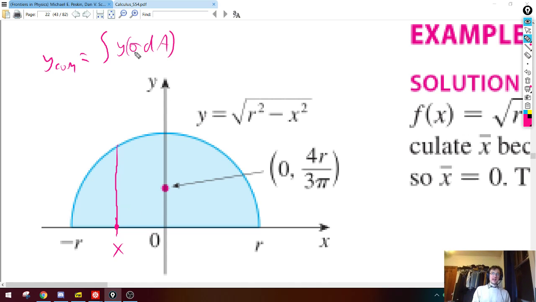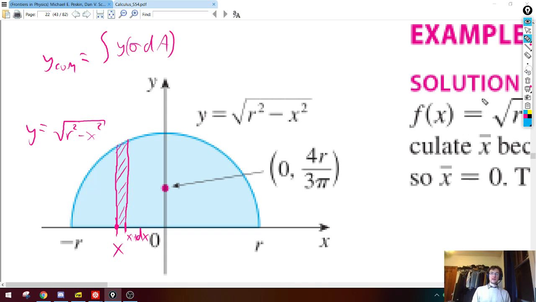So how do we get a tiny area and then multiply by all the y values on that area? Well, we get a small area by saying, we're going to look at a little chunk from x to x plus delta x, or x plus dx, and then you just ask, okay, how do I add up all of the y values for guys in this little chunk? Well, for each of those y values, we're going to have, some y being root r squared minus x squared by this equation, which is from Pythagoras. So this is the y of one guy along one slice of this vertical strip.